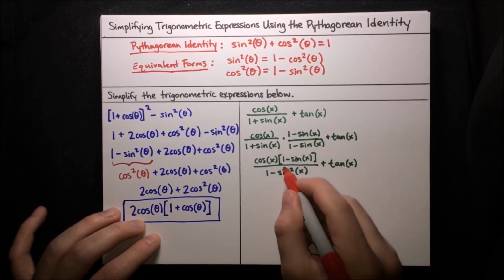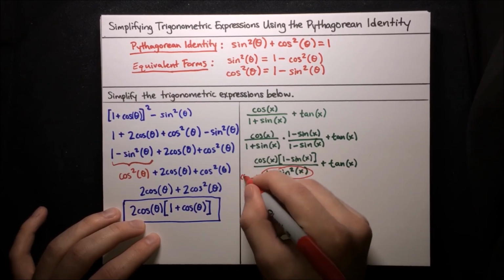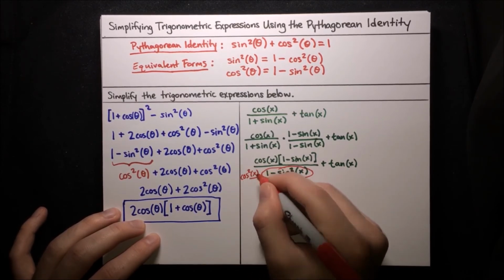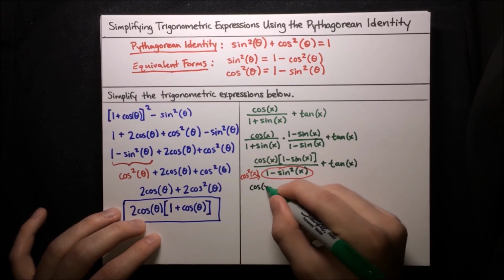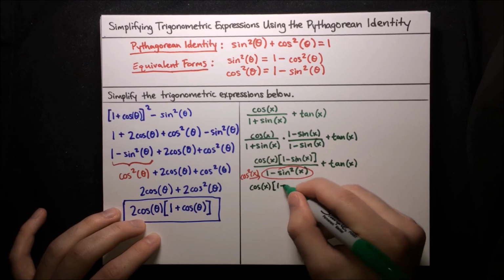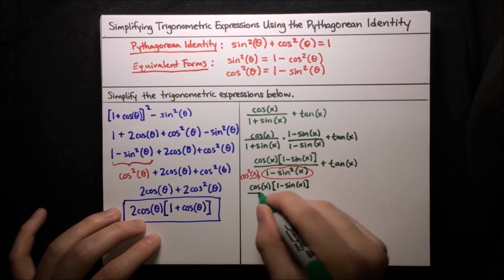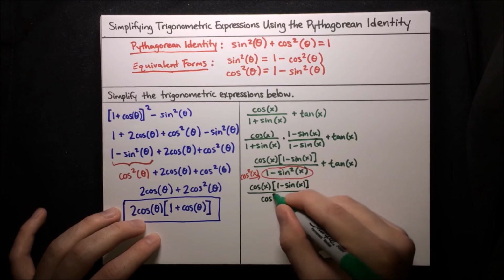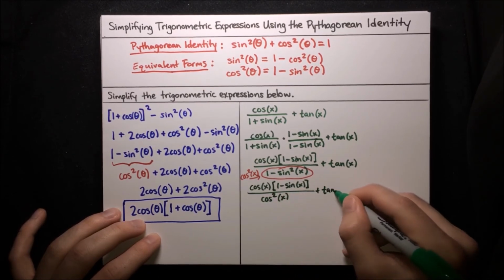And hey, that 1 minus sin² x is just equal to cos² x. So let's go ahead and write that down. We've got cos x times (1 minus sin x) all over cos² x, then plus tan x